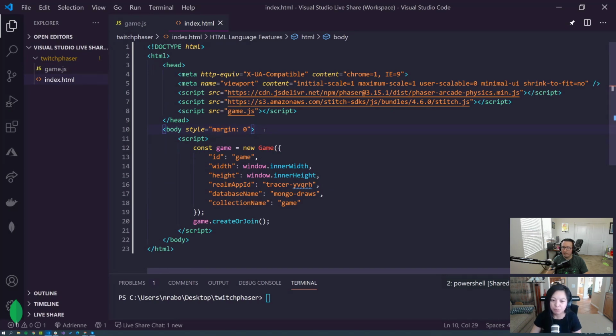And we need a simple button to click to say that we're joining or creating a game. And then the only other element I think that we need was probably just a little indicator to let us know if we are the host or if we're not the host, if we're the spectator. That will also help us determine if we're allowed to be drawing on the canvas or not.